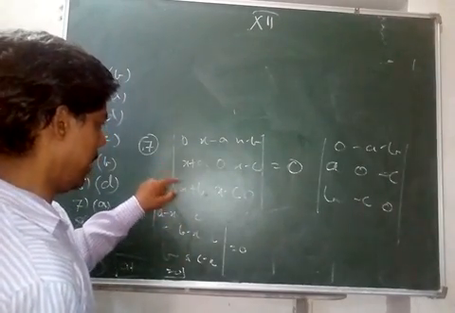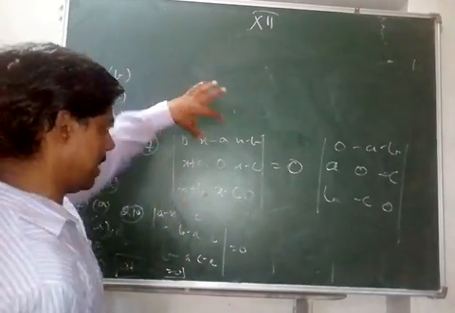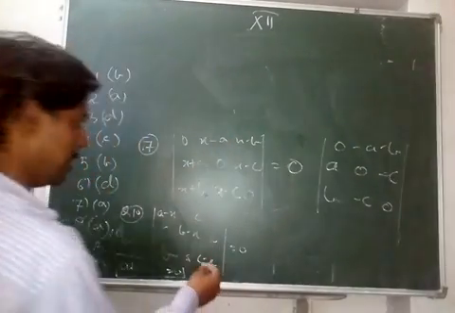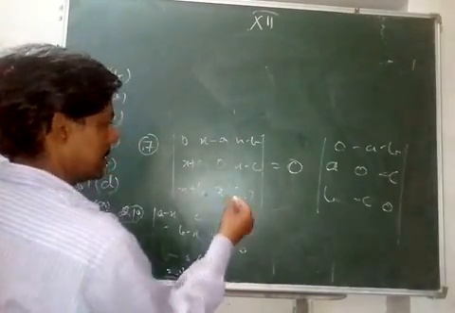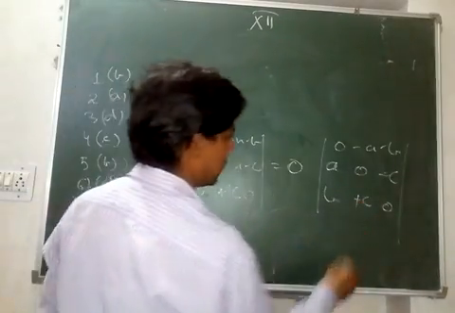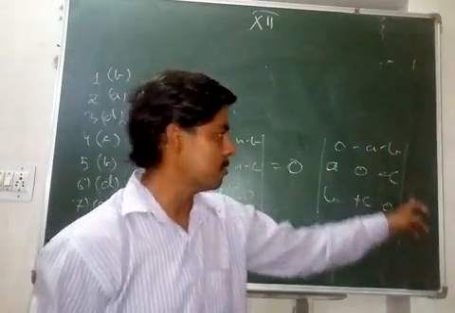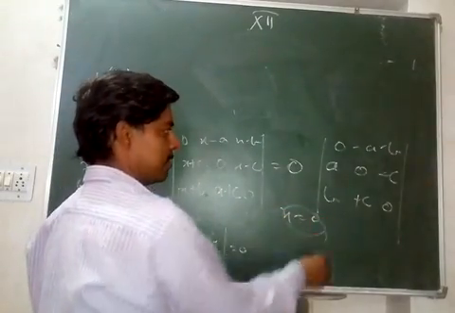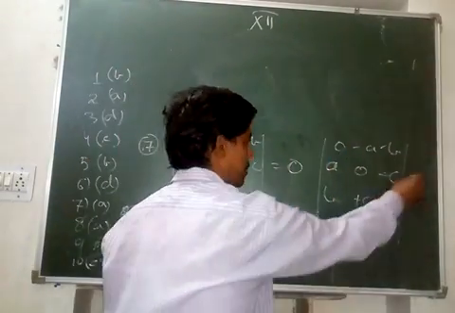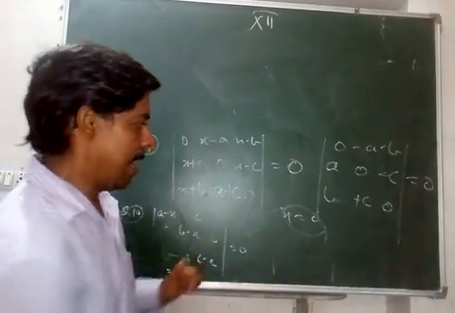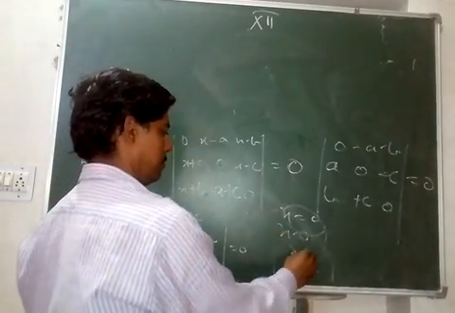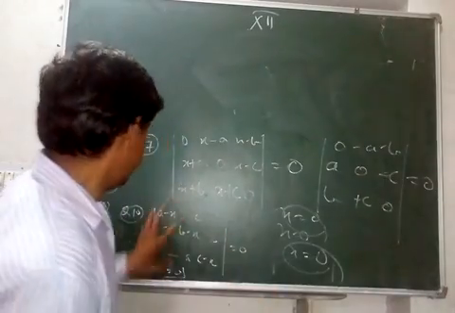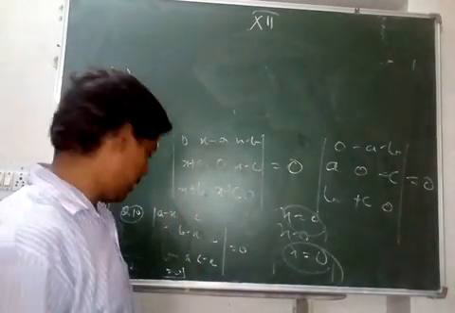So we are getting what? x, minus a, minus b, and one of them is x minus c. I think this one is x plus c. You can check. So this is plus c, something like this. So this is a skew symmetric matrix. After putting x equal to 0, you are getting a skew symmetric matrix, whose determinant is always 0. Therefore x minus 0 is a factor, or x equal to 0 is one of the answers. Or you can do it by any other method also.